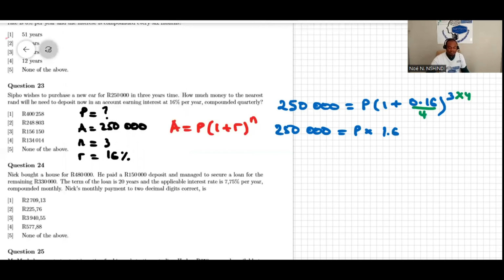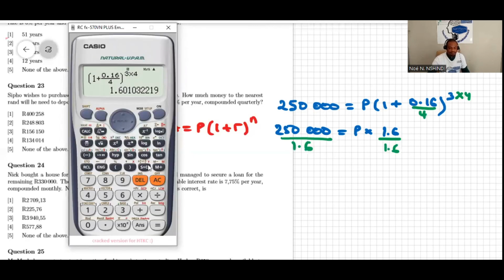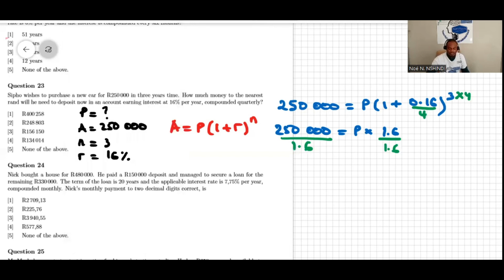And then to get P, we divide by 1.6 both sides. So 250,000 over 1.6, and this is equal to 156, so therefore the principal will be 156,